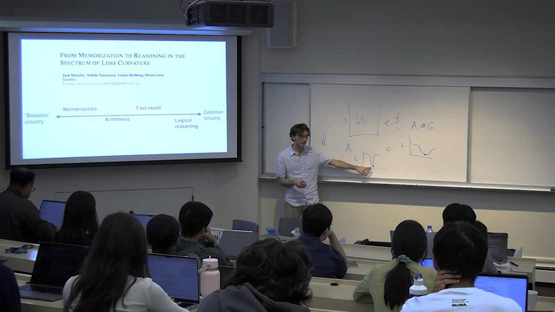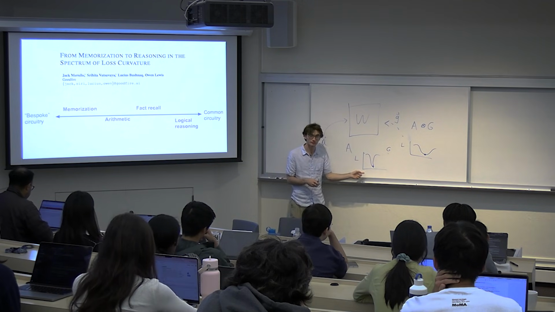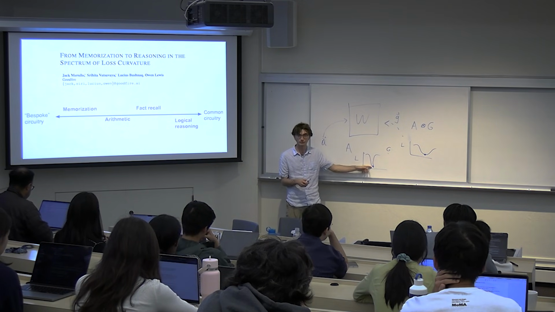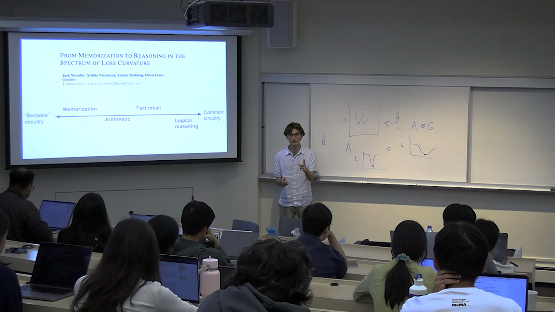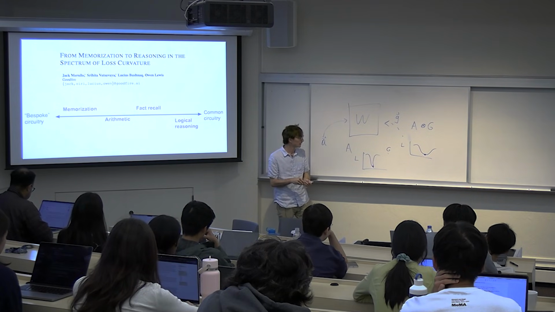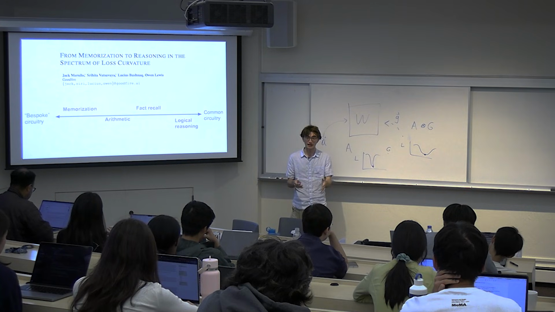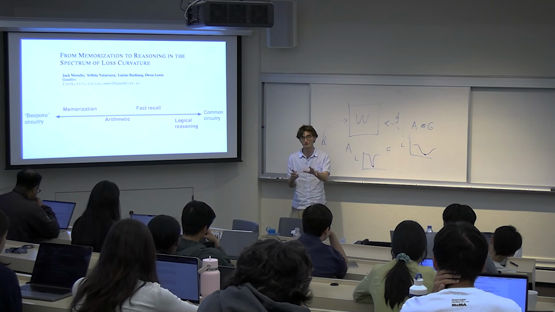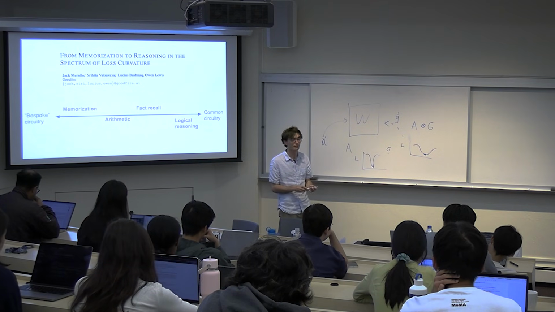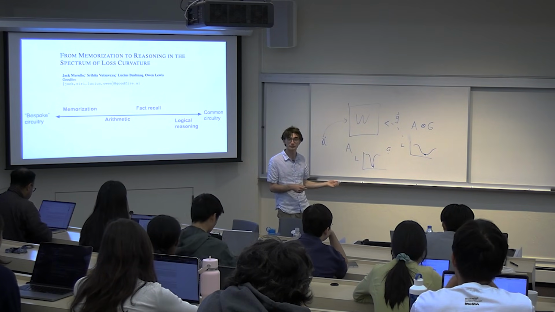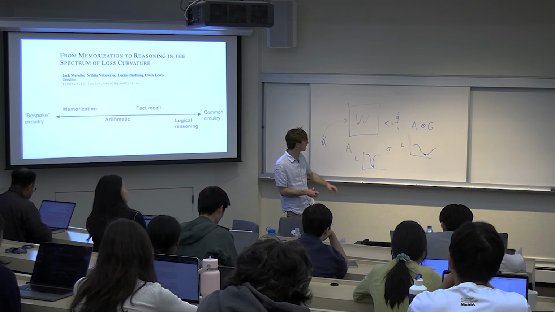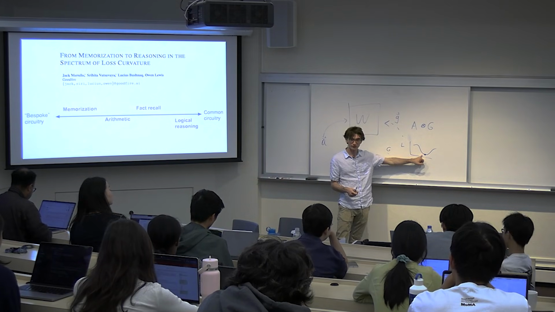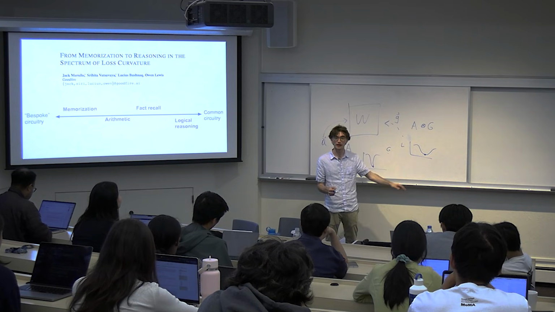if there's one direction in the loss landscape which has very sharp curvature for one data point, like a memorized data point, it tends to be flat for all other data points, or not exactly flat. There's a little bit of a simplification, but it tends to be flatter for most data points, versus directions that are used a lot by many examples.